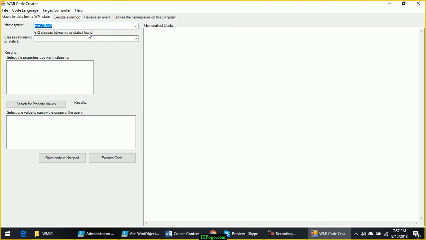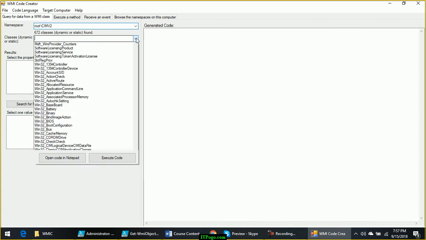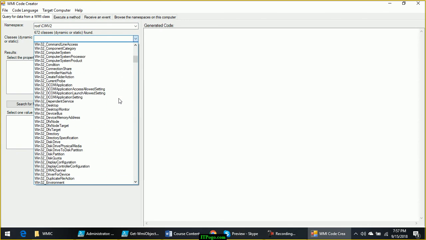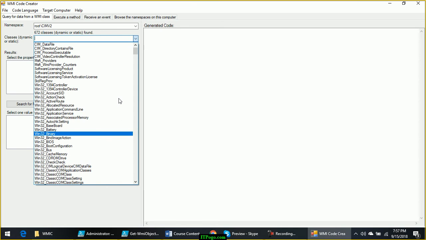Now under root CIMV2, when you select that namespace, it will show you the list of classes which are available in this drop down. So these are all different classes which are available under root CIMV2.